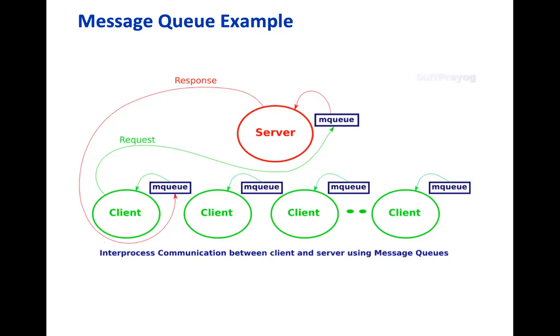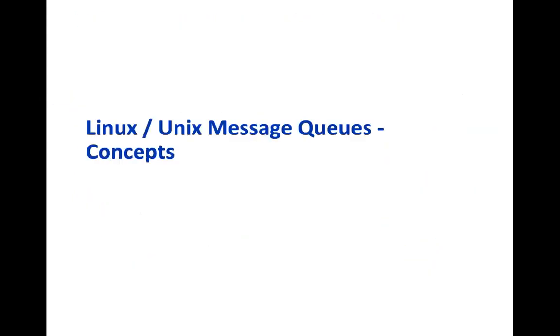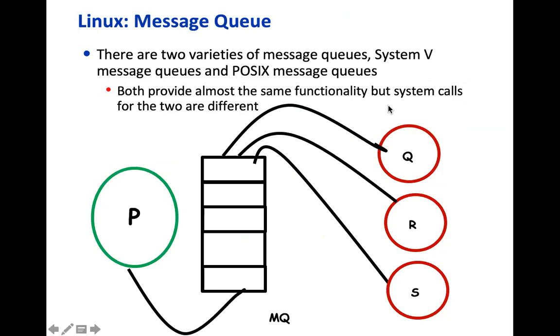Any question? Sir, can you please explain the diagram once again? Okay, I will go through. Unfortunately, I don't have a pen, but let me. This is the thing that we want to do. P wants to communicate with all these. Now, each one, P will create in its own message queue. Let's say it's a one-way communication. P will create its own message queue, and then Q is uniquely identified by a message queue identifier. This identifier should be known to both P and Q, and P and R if these two are also communicating, and P and S.